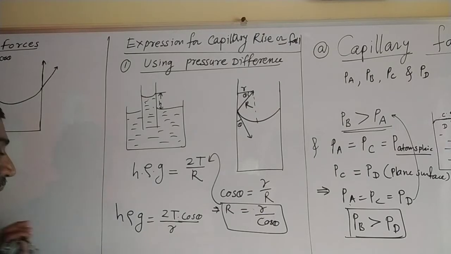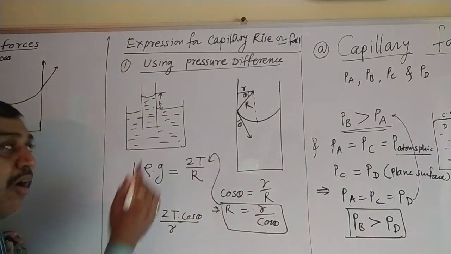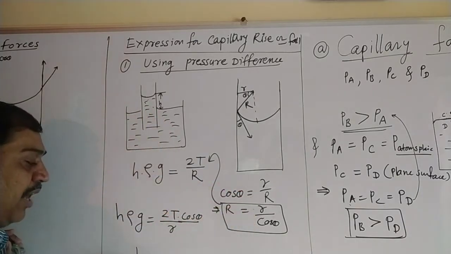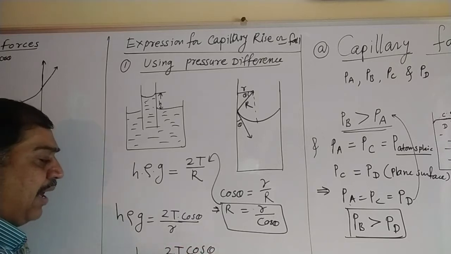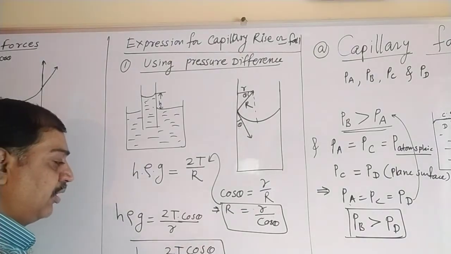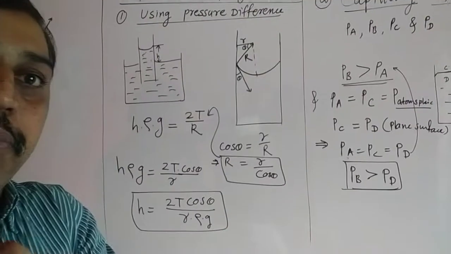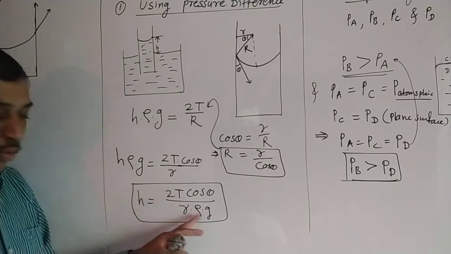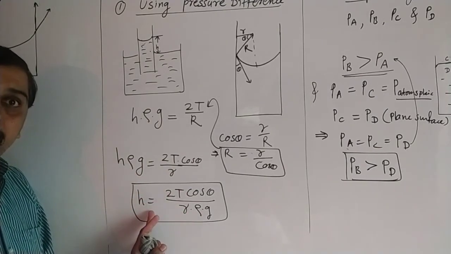So here our aim is to find the height up to which liquid rises in the capillary, or up to which liquid falls in the capillary in case of mercury. So find out h. So h equal to what? 2T cos theta divided by R, and this rho into g. From this equation you can find out the rise of liquid in the capillary tube. 2T cos theta divided by R, rho g goes in the denominator. So from this we can find out the rise of liquid level in the capillary.